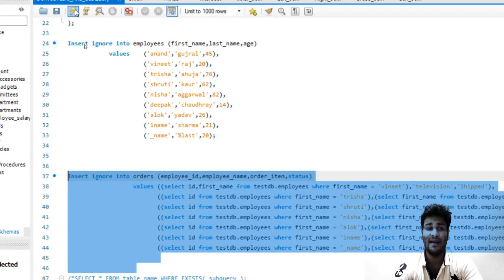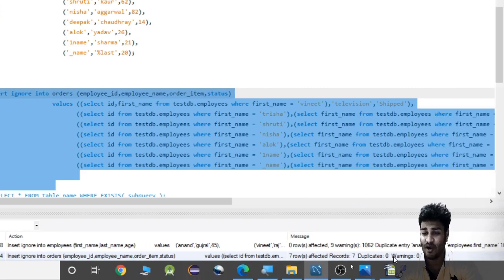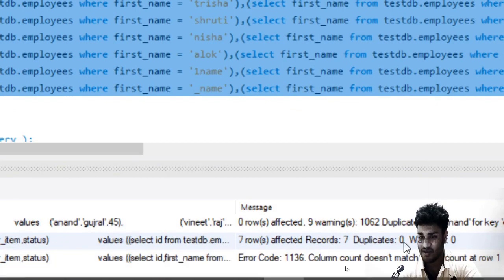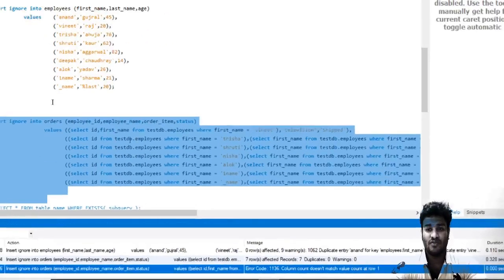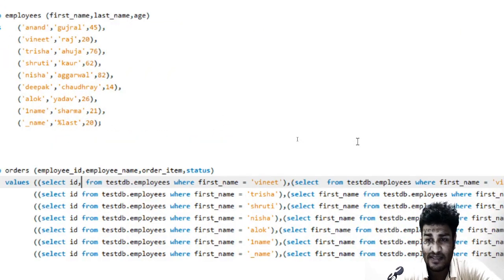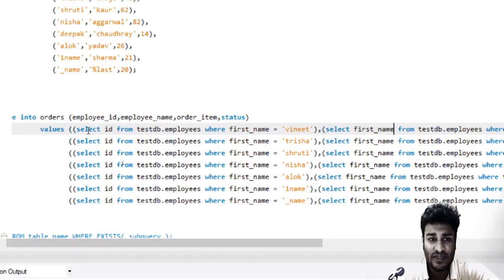When we run it now, it will give an error saying that the column count does not match. You can see at the end it says that the column count does not match, right? That is the reason both of these statements have been given separately. You can see over here that the first placeholder has just one ID, which is fetching the ID for Vineet.